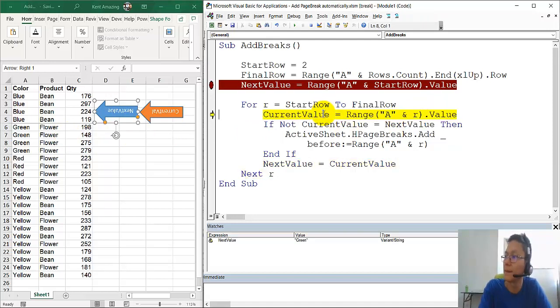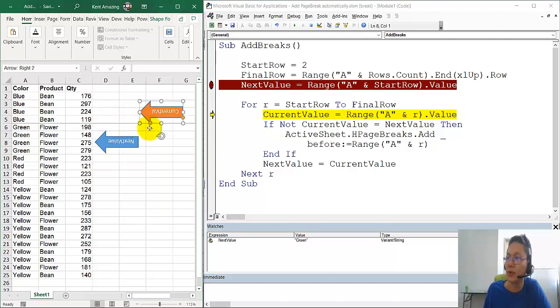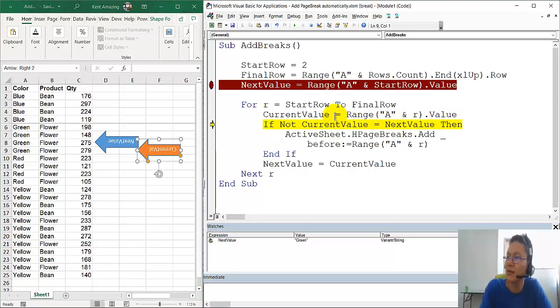So the next one would be at row... Okay, almost there right now. Row 9, current value is green. You can see that current value is now moved to the... So this should be somewhere here 8, and then this one's supposed to be at the row 9. Okay, so let's just see here. Is the green still green? Yeah, so no problem. So next value now moves to next row,